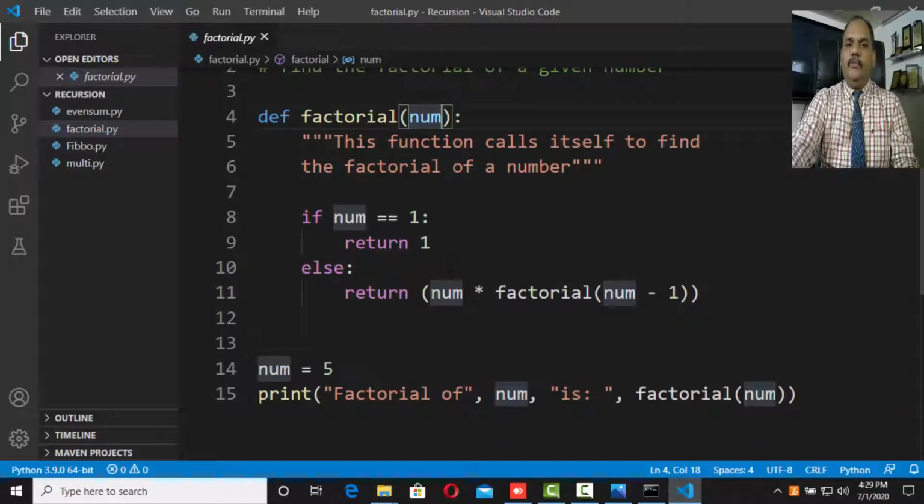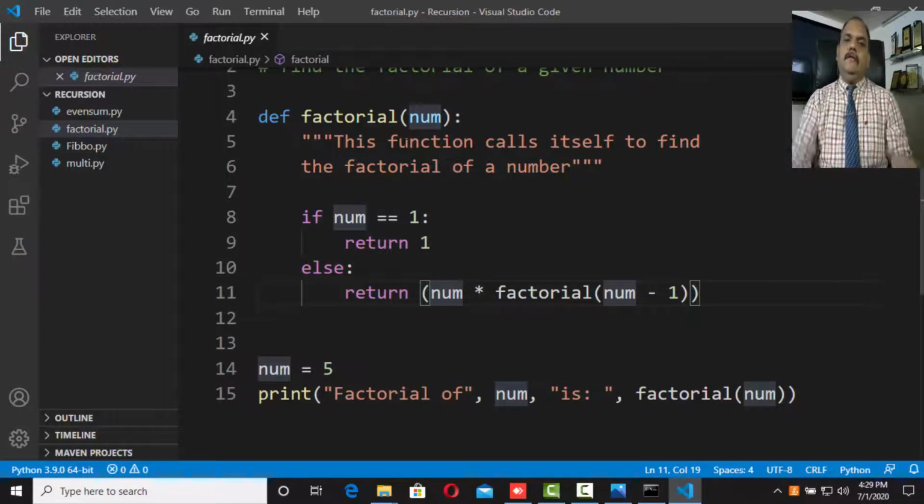Now as we are going to set up a loop, we need to think about the termination. If the value of num becomes 1, return 1. That is the termination. Else return num into factorial of num minus 1. Here you are re-referring to the function again,